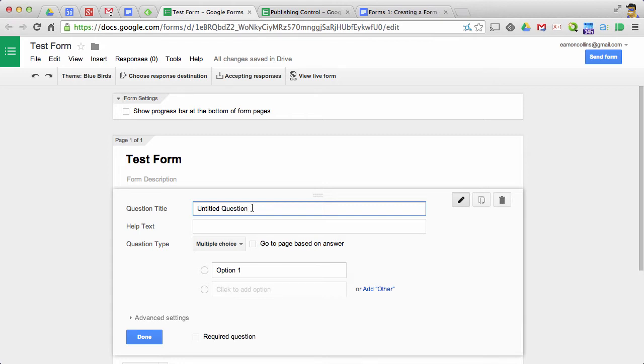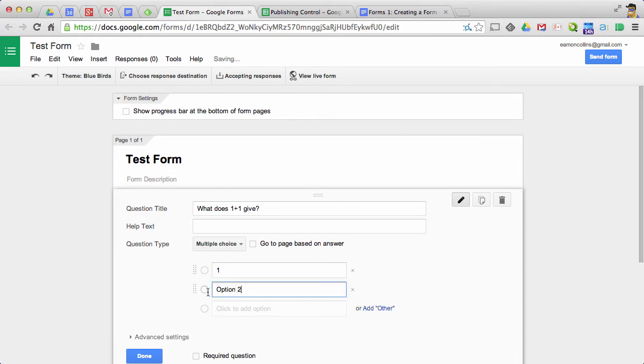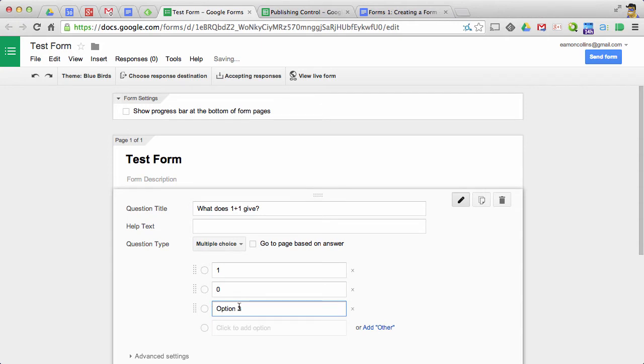So the question title is basically your question. So what does 1 plus 1 give? Question mark. So I'll leave this as a multiple choice. So option 1 is gives 1, option 2 is gives 0, option 3 is gives 3, and option 4 is